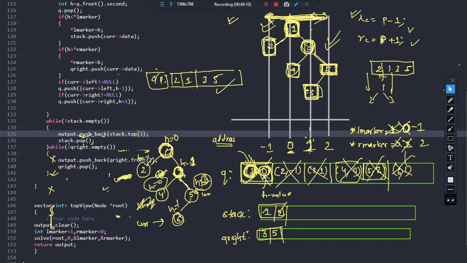And yes, considering the time complexity, definitely we are just doing level order traversal, and during the level order traversal only we are trying to implement this code. So every node is basically being visited only once, so order of n is the time complexity. Getting the point? So this is all about this video. I hope this video was helpful and intuitive.